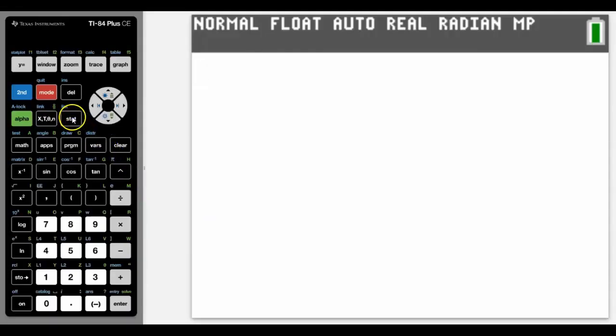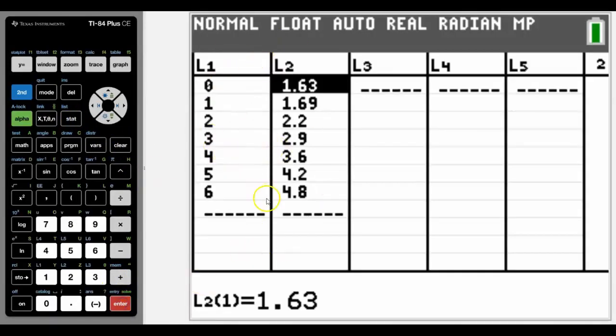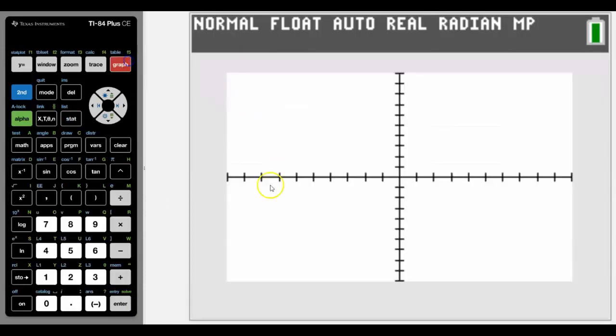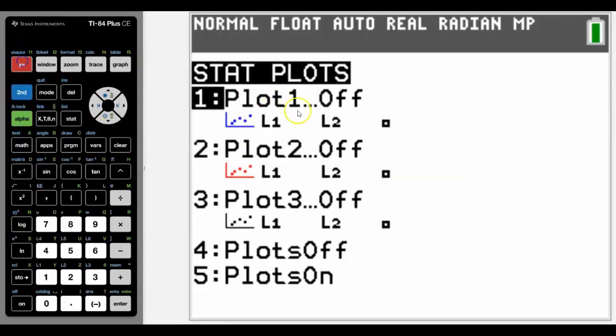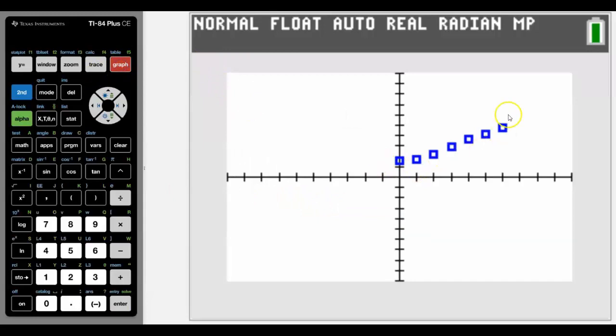So you should already know how to type the data into your calculators, and we can see here that we have 7 data points, and at the moment there will be no graph because we haven't set it up to graph anything. That's done in stat plot, so that's in blue, and we're going to turn the first one on, make sure it's on, scatter plot, and our data is in list 1 and list 2. That's the icon that I like to use,